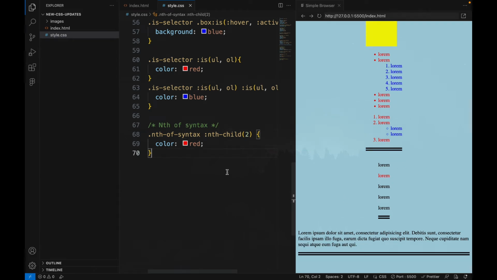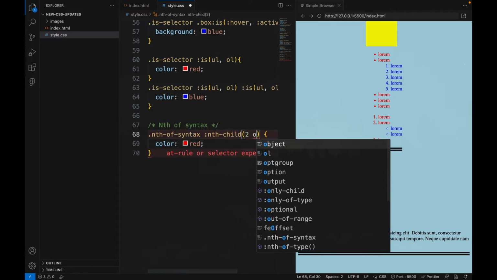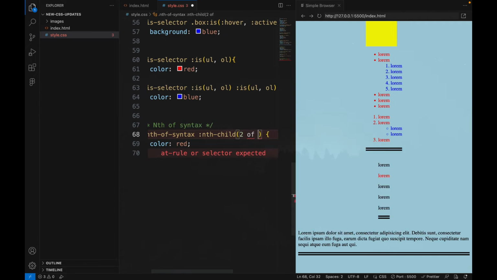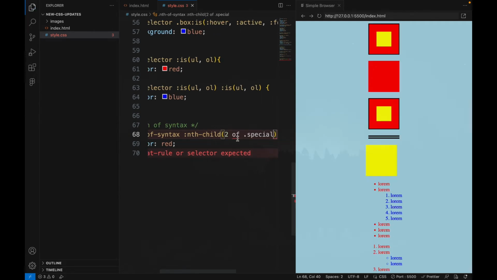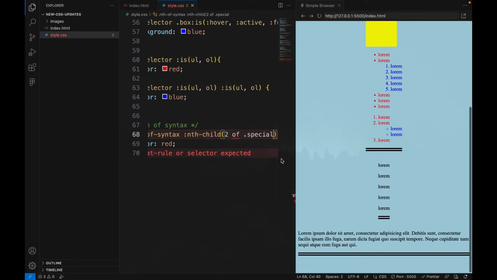But what if you don't want to target just the second child? You want to target the second instance of a different class. So what you can do is nth-child(2 of .special). Dot special is the class. What this does,